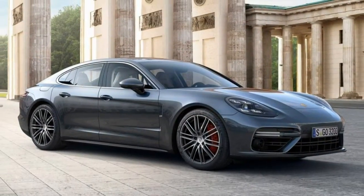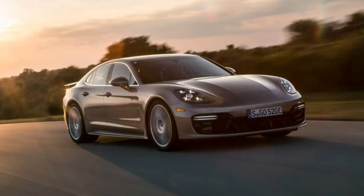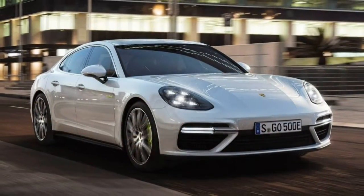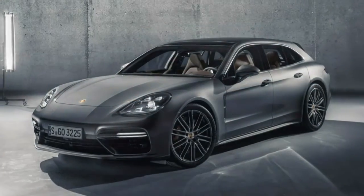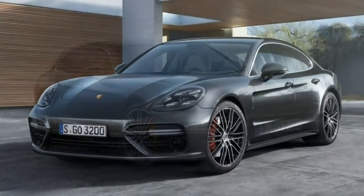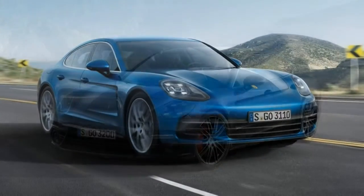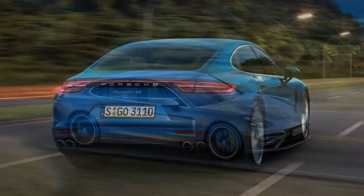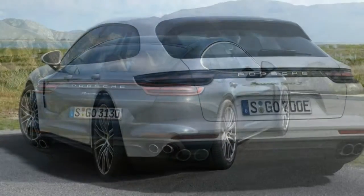The base Panamera comes with quite a bit of standard equipment, including a turbocharged 3.0-liter V6 with 330 horsepower and 331 lb-ft, 19-inch wheels, Porsche Active Suspension Management, also known as Adaptive Suspension or PASM, LED headlights, automatic wipers, a panoramic sunroof, a power hatchback trunk lid, power folding and auto-dimming side mirrors with heating, a two-way adaptive rear spoiler, front and rear parking sensors, a rear view camera, keyless ignition without keyless entry, partial leather upholstery, 8-way power adjustable front seats with heating,